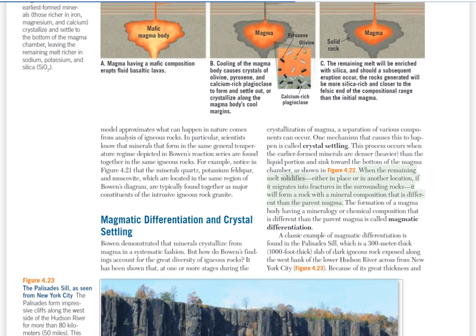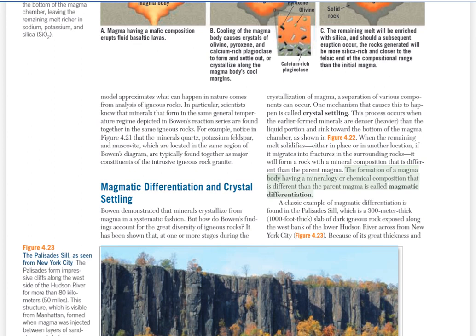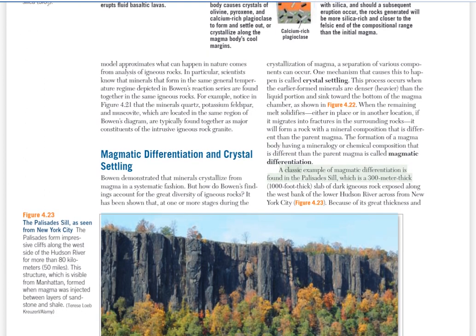When the remaining melt solidifies, either in place or in another location, if it migrates into fractures in the surrounding rocks, it will form a rock with a mineral composition that is different than the parent magma. The formation of a magma body having a mineralogy or chemical composition that is different than the parent magma is called magmatic differentiation. A classic example of magmatic differentiation is found in the Palisades Sill, which is a 300-meter thick